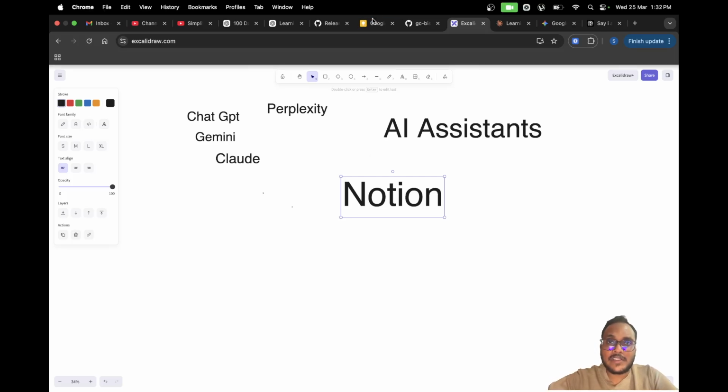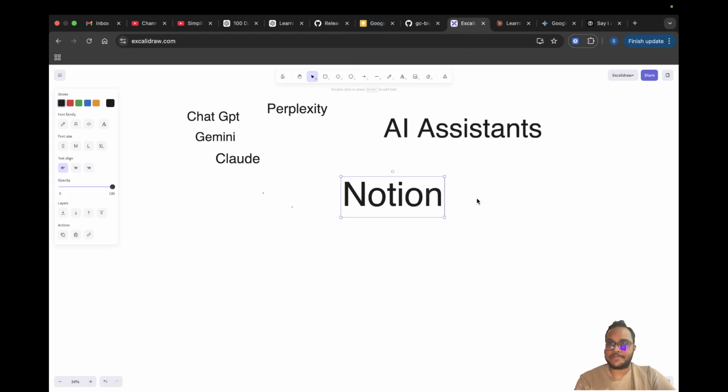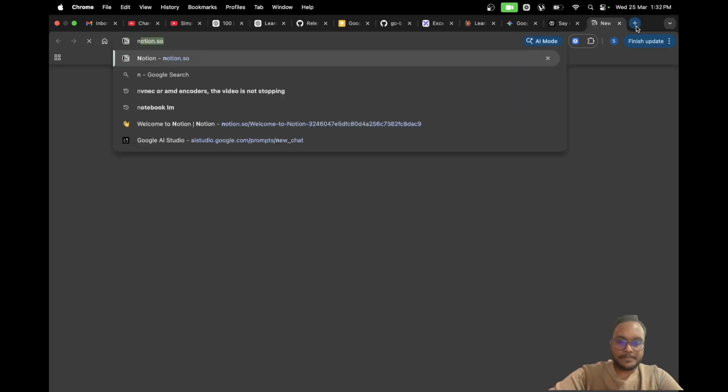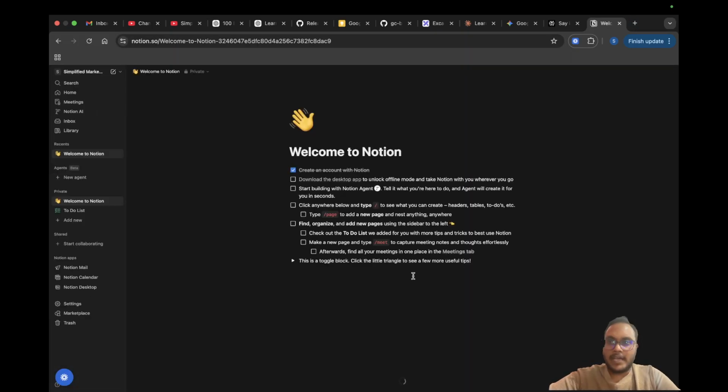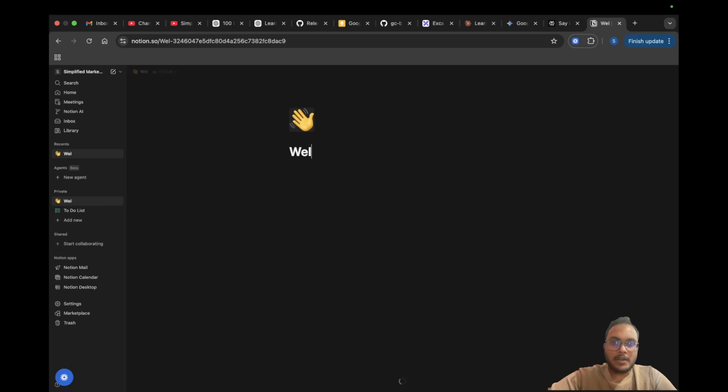What Google has given, Google Keep, is similar to Notion but with the use of AI. But I'll not be going through Notion in detail. I'll be showing what I am copy pasting in Notion, so that you and I can go through this 100-day journey and check what we have learned till now. So let me go into Notion. Okay, as I've already logged in, this is the Notion landing page. So let me delete this thing,